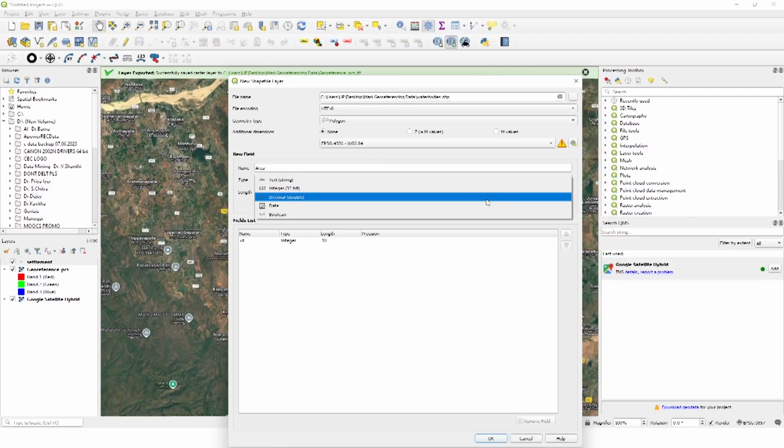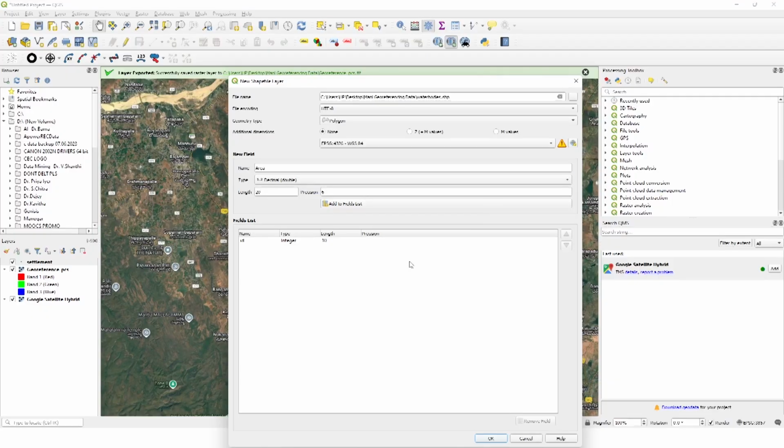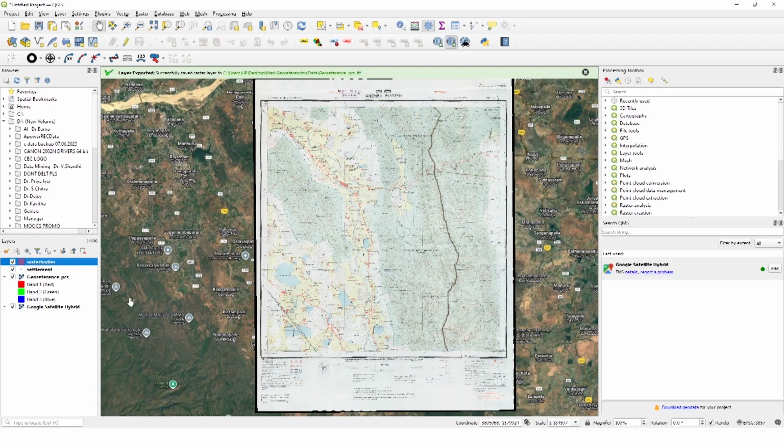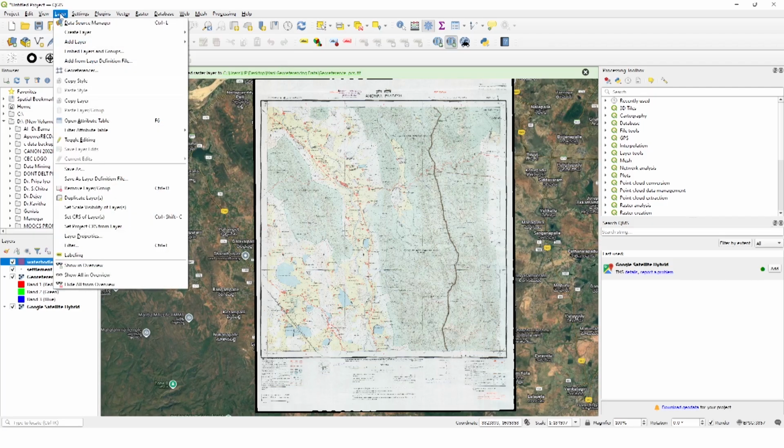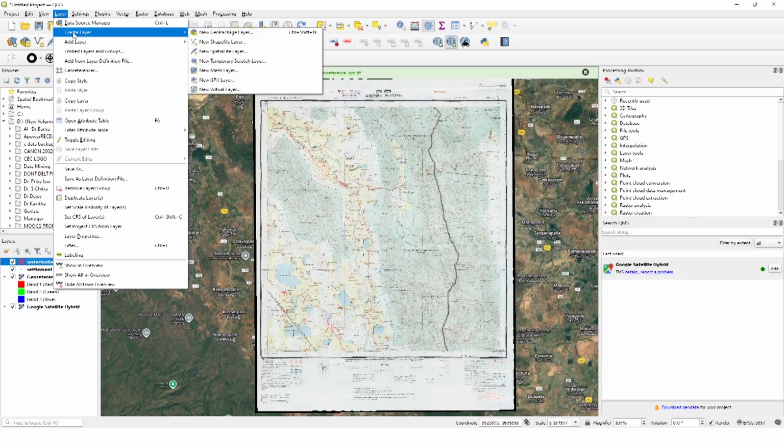Therefore, I will give decimal, and the length of the value is maximum 20, then add to fields list, that is added. Finally, I give the OK. So, we created settlement, which is a point feature, then polygon feature is the water body, then we have to trace some line feature. So, again go to Layer, Create Layer,